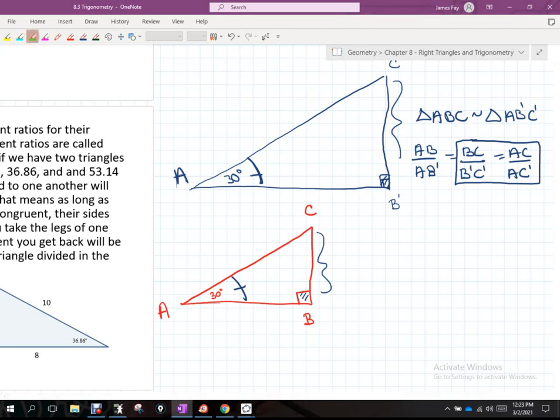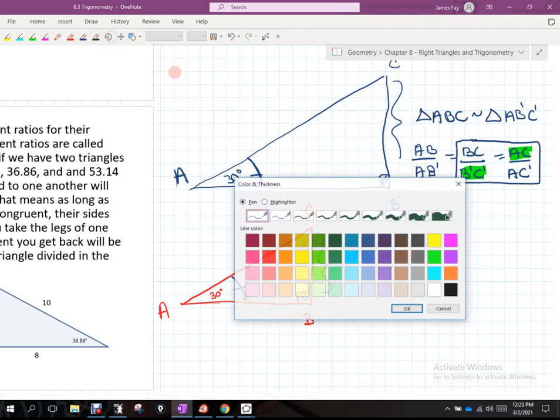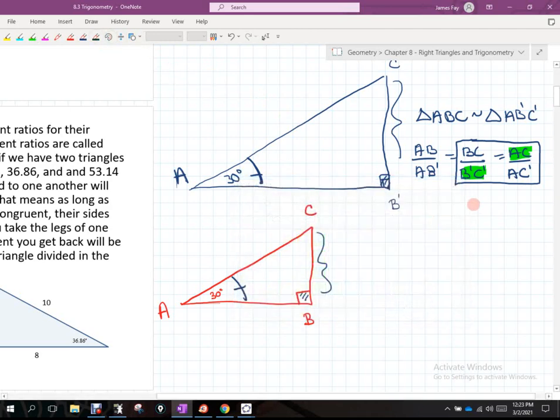Because of what we know about proportions, can I change that statement there with that one? And I still have a true proportion, right? So I'm going to do that. When I do that, that's going to generate BC over AC equals B prime C prime over